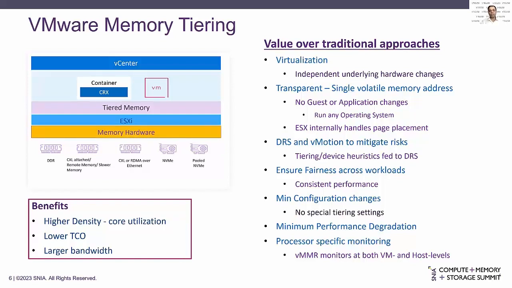With respect to memory, we also provide a single transparent memory address space. Which means that any extra memory that is taken up by the supporting technologies like tiering can be presented as a single address space. And this requires no guest or application changes. And any operating system could be run. And basically, ESX handles all the page placements and page tracking, and it makes sure that it can transparently move